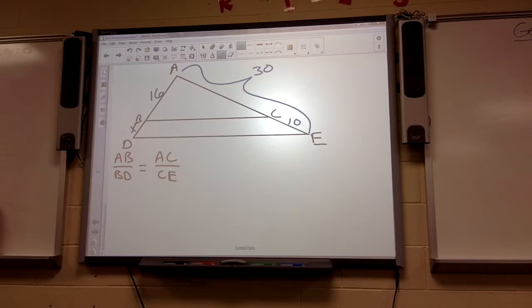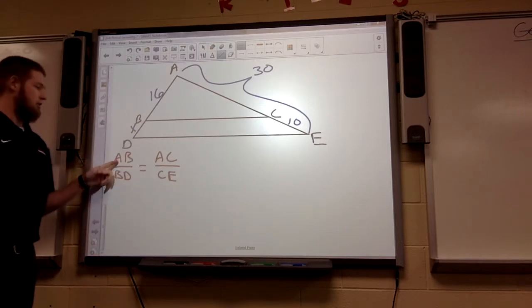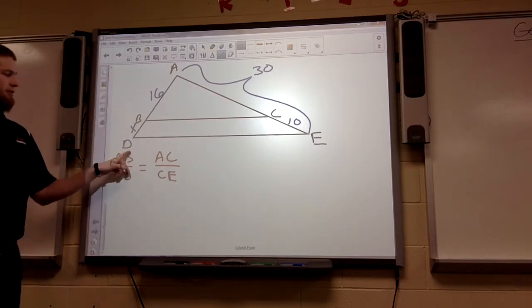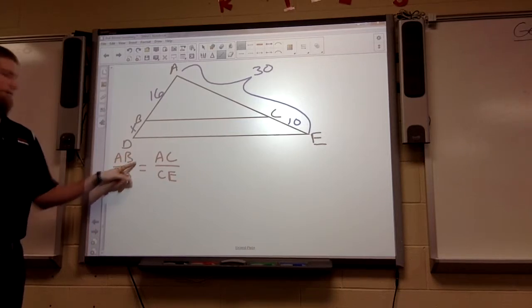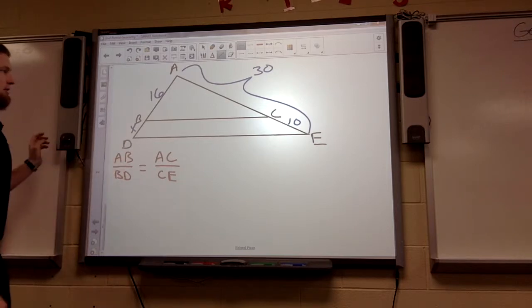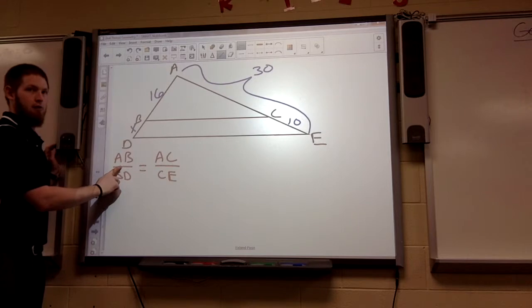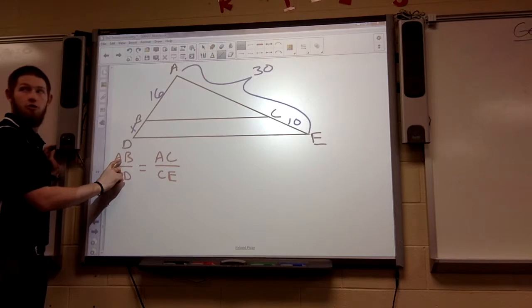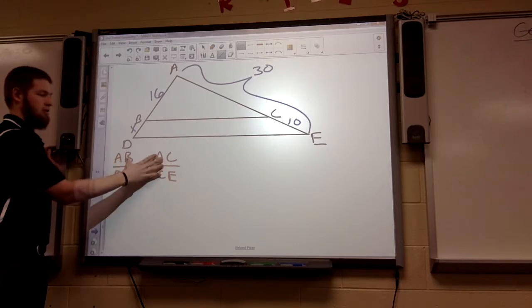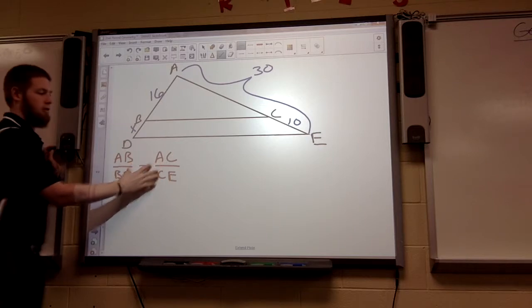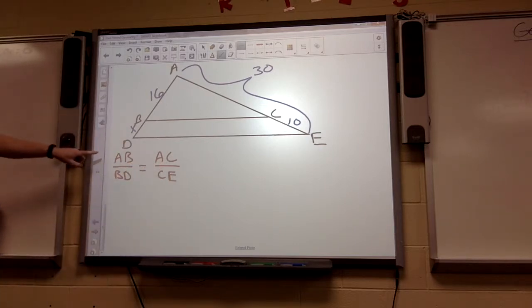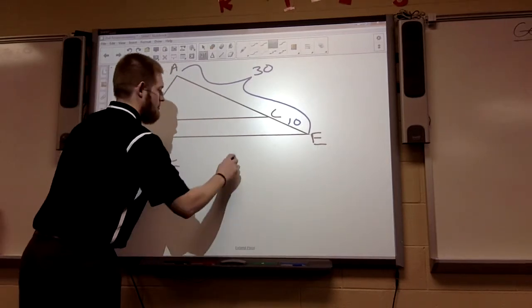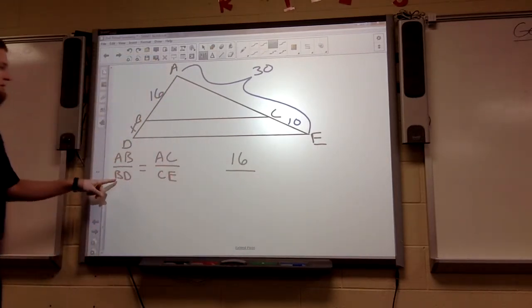Now, what I want you guys to be careful with here, make sure when you're setting up your ratios and your proportion, do not plug something different in than AB. Okay, if this says AB, you need to plug in AB. Does that make sense? Because if you plug something different in, it might not work out. They're telling you that this is true for a fact, so make sure you follow these. What is AB? 16. So let's plug it in for AB. So I have 16 over, what's BD? X